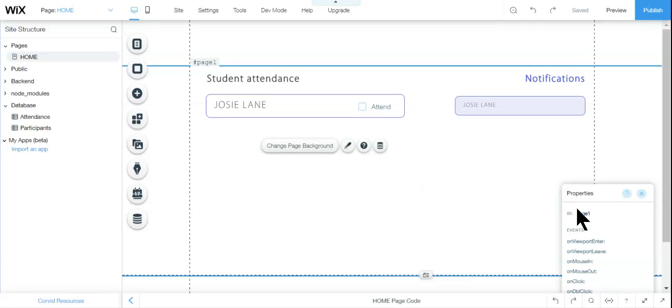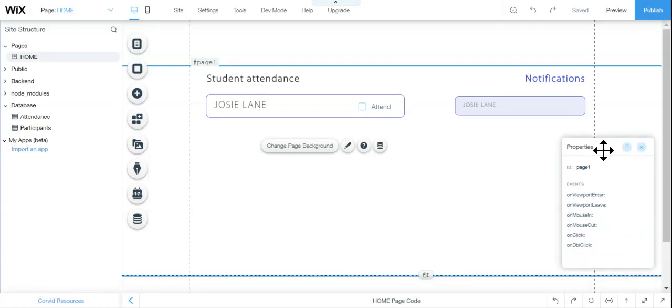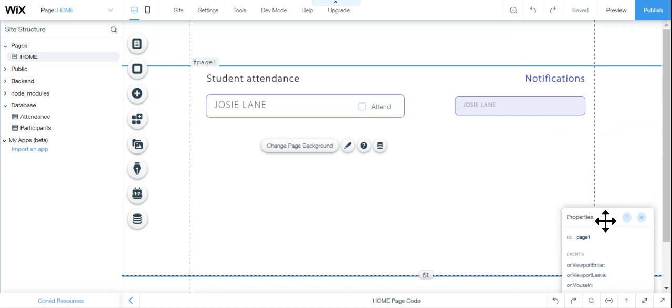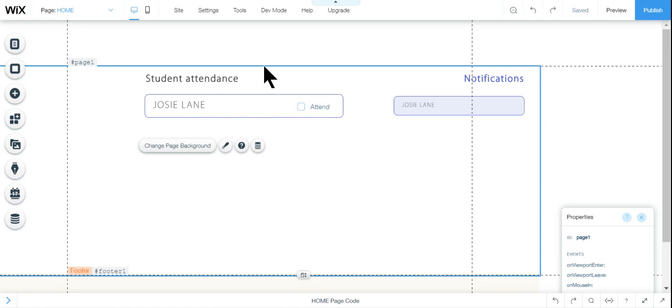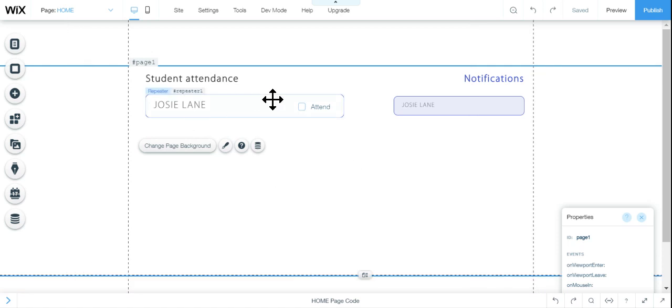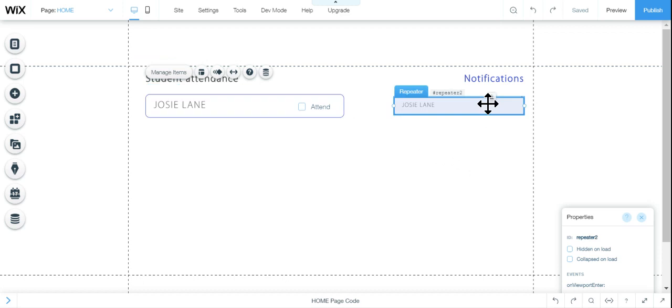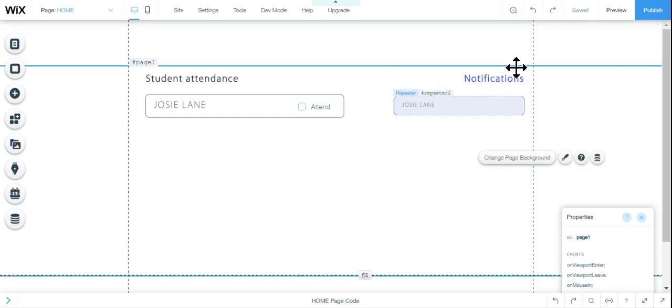Guys, in this video I'm going to show you several things, particularly how to insert into your database. In here I have an example of student attendance. I'm using a repeater, and I also want notifications for other teachers, for example, about who attended today